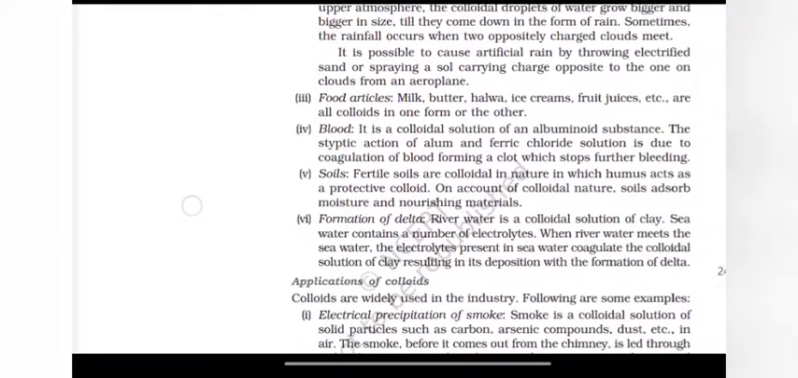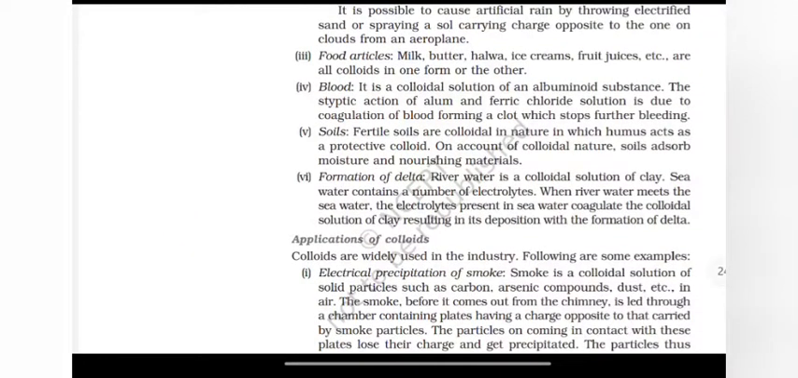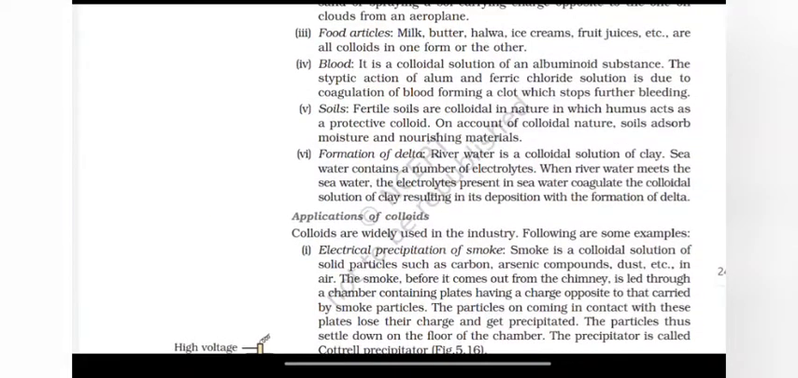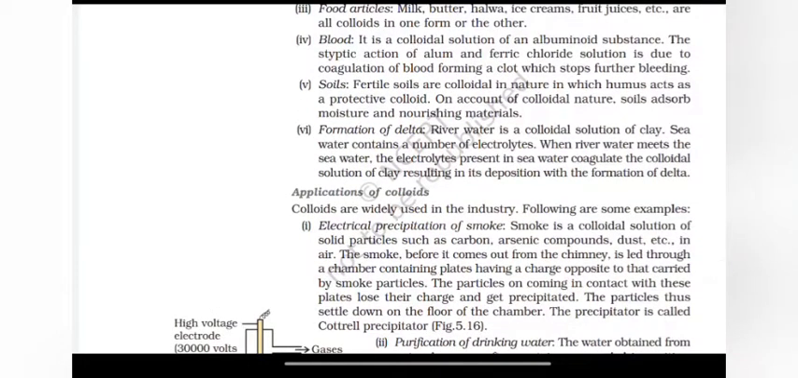It is possible to cause artificial rain by throwing electrified sand or spraying a soil carrying opposite charge to one of the clouds from an aeroplane. Food articles: milk, butter, halwa, ice cream, fruit juices are all colloids in one form or the other. Blood is a colloidal solution of an albuminoid substance. The styptic action of alum and ferric chloride solution is due to coagulation of blood, forming a clot